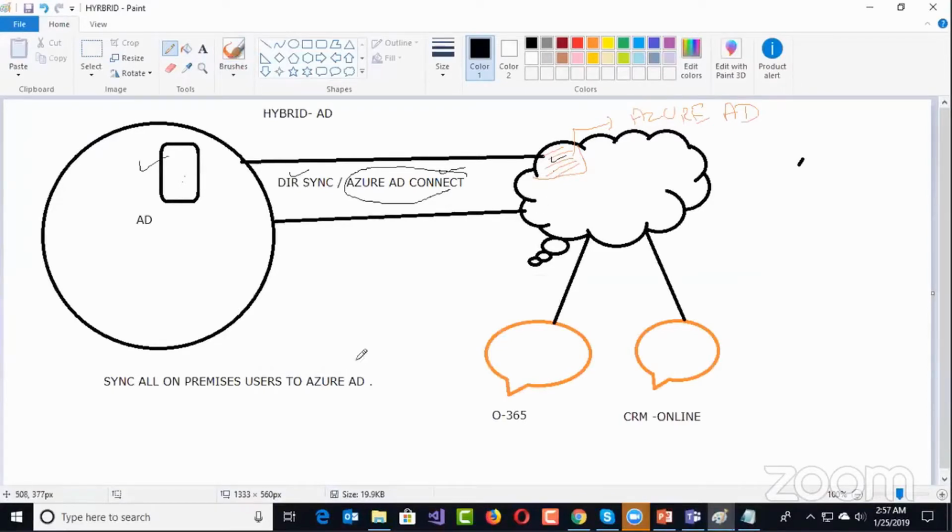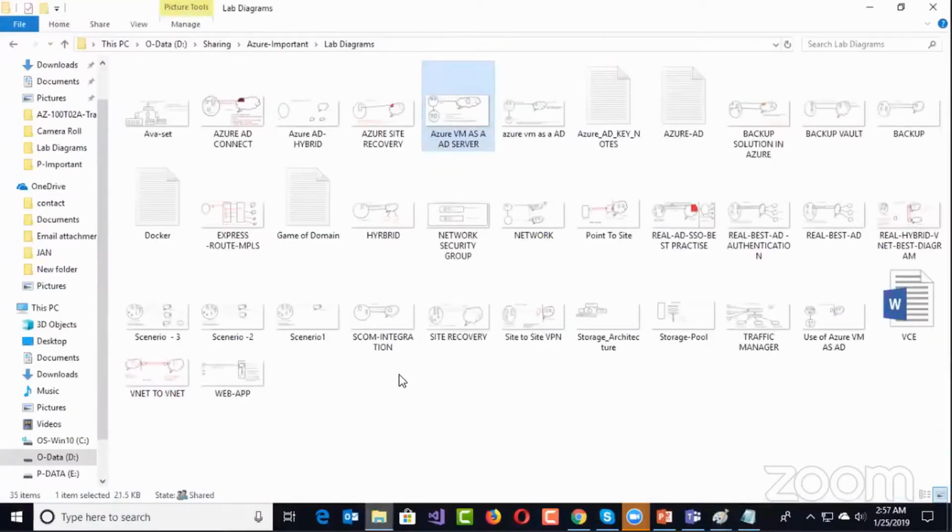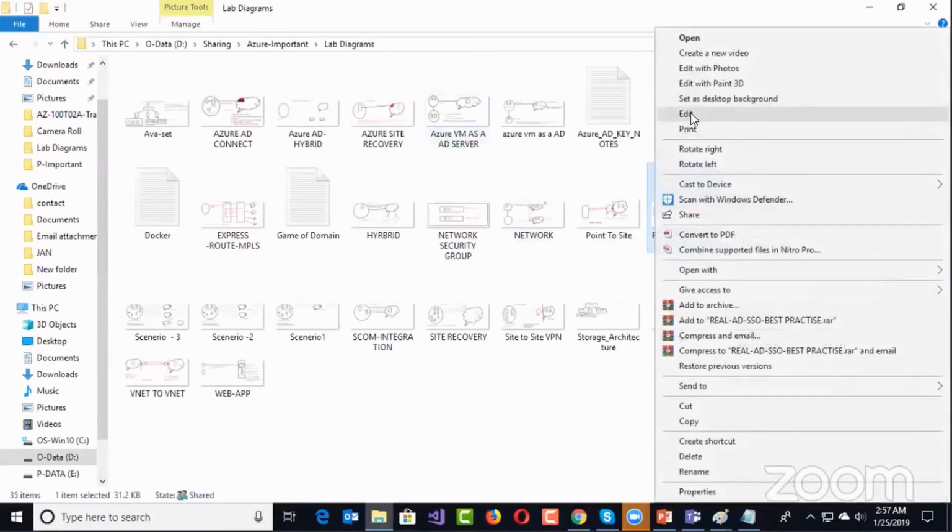In that case, when I try to access that application, say I'm here on my laptop. First time it connects to the on-prem AD in the morning when I log in with my laptop, and when I try to access a cloud application, let's open the scenario here. This one.